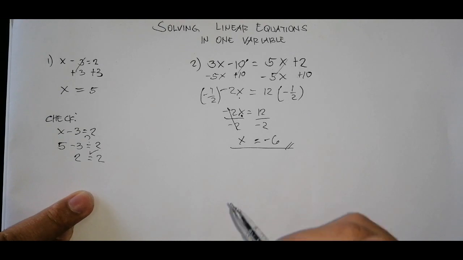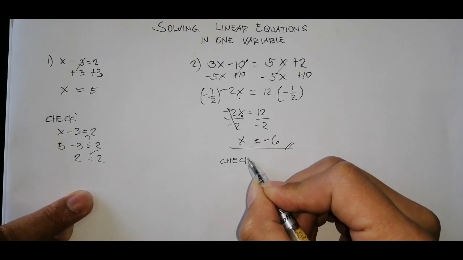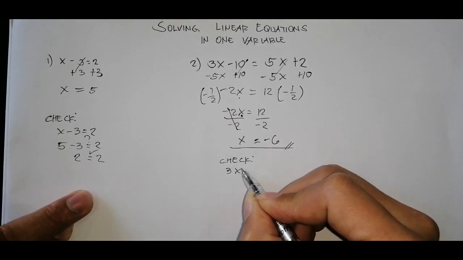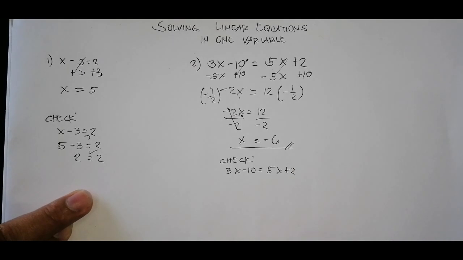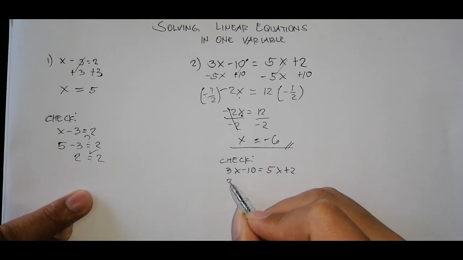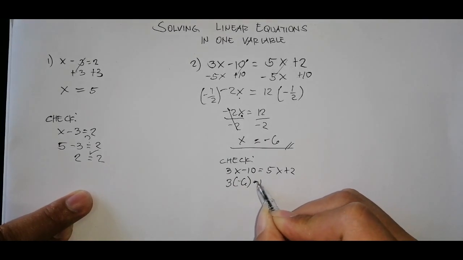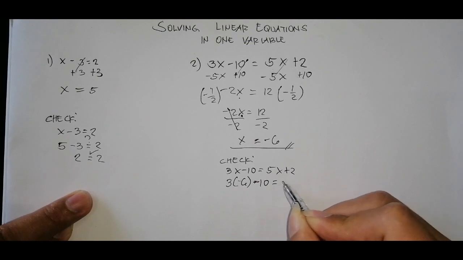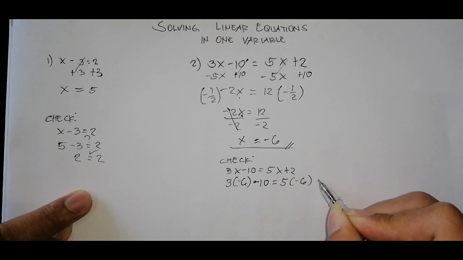Next, we need to check if our answer is correct. So we have to check that one. We have here 3x minus 10 equal to 5x plus 2. We're going to substitute now the value of our variable, which is negative 6. So that would be 3 times negative 6 minus 10 equal to 5 times negative 6 plus